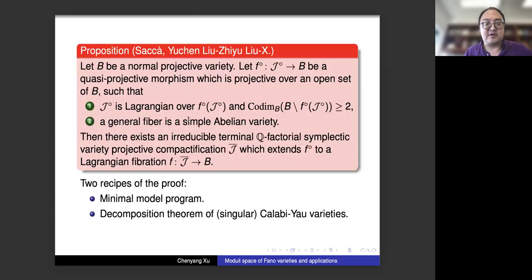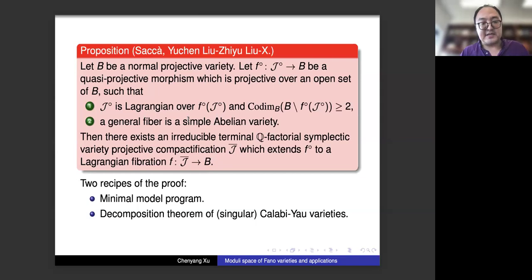So we want to do a similar story, but in our story, we don't have any way to control the degeneration of the intermediate Jacobians. At least we don't have any control over codimension 2 points. So we basically let the minimal model program take care of the degeneration over codimension 2 points. So our theorem,